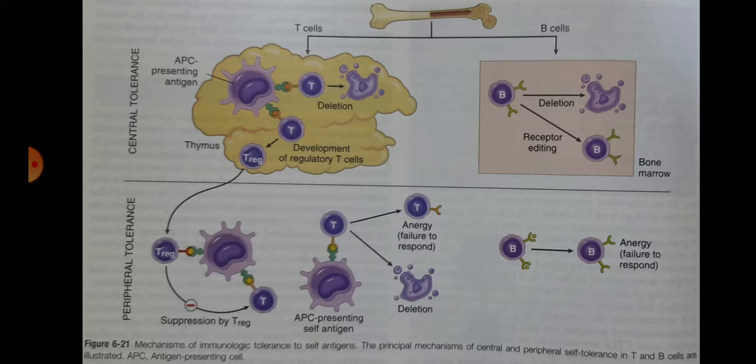If the antigen is presented to T cells without adequate levels of co-stimulators, the cells become anergic. That means they become unresponsive because